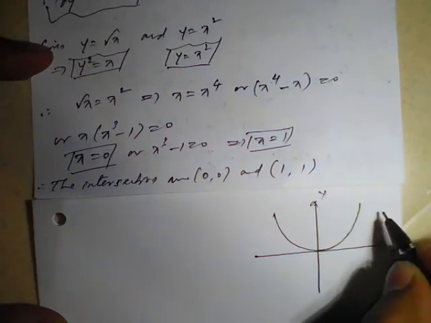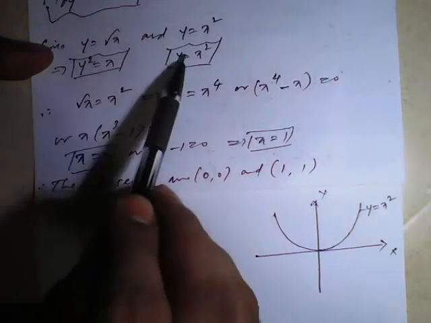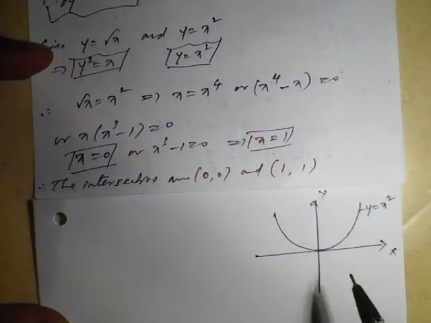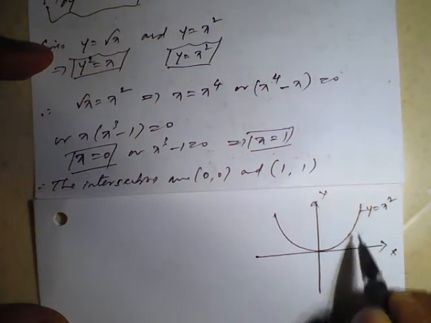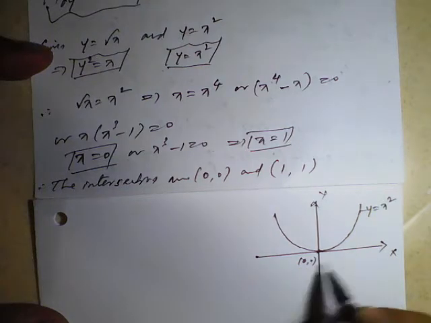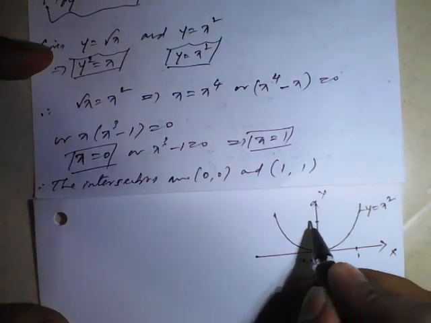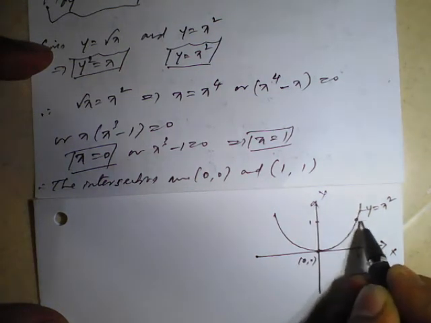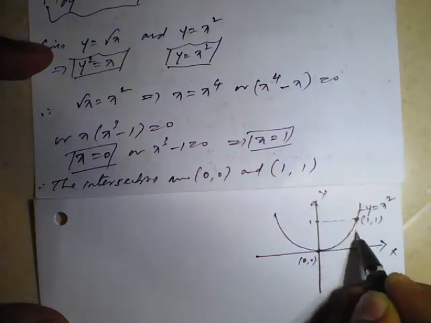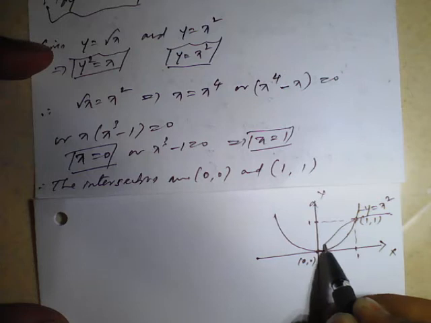So this parabola is nothing but y is equal to x square. This is symmetric about the y axis. And similarly, because they are intersecting at 0, 0, and this I will consider 1, and here also I will consider 1. This is the intersection point. This point is nothing but 1, 1. So while drawing lines, you see that it should pass through this point.